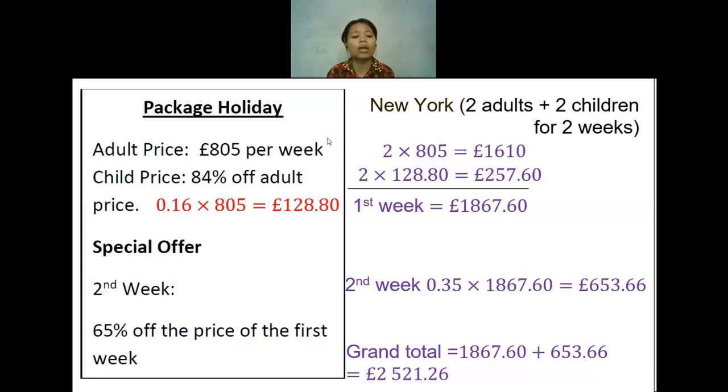So the original is 100 minus 65, which equals 35. Using the multiplier, it will be 0.35 times 1,867.6 pounds. So for the total, I will be getting 2,521.26 pounds, which is the cheapest one. That's why for the suggestion, it will be better if we go to